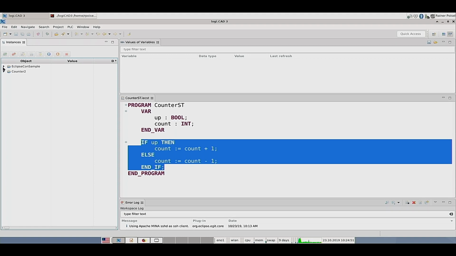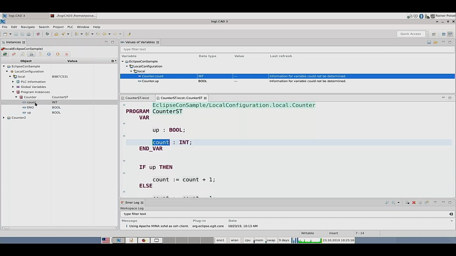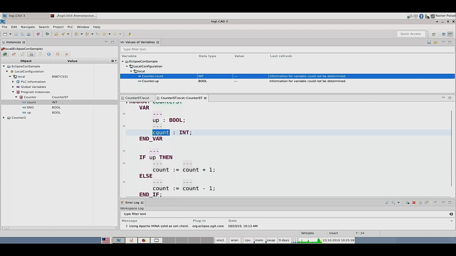Here you can see the prepared program. I will now move these variables being used in the program to the values of variables view. I think it is quite small, but there is another option to look at this. We can also open a special variant of the editor for the structured text, which has placeholders for the values of the variables. So as soon as I connect to the PLC, I'm sorry,